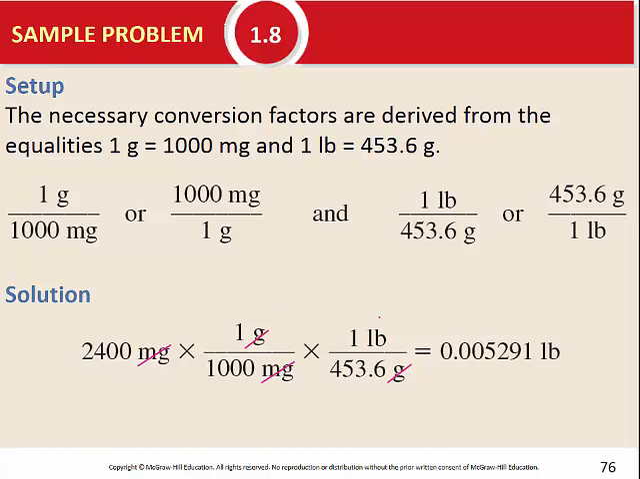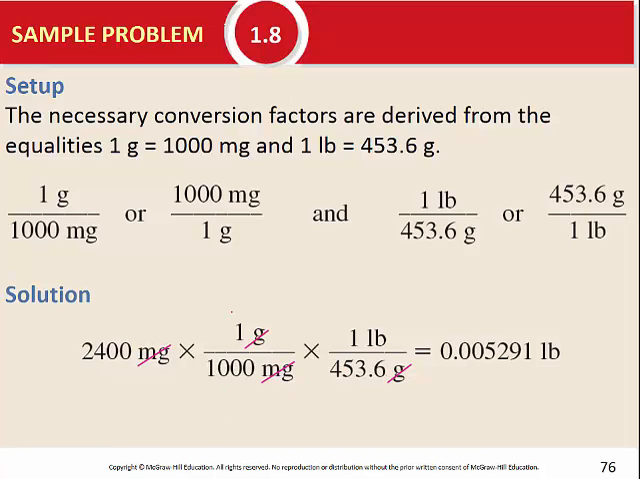Pounds on top, that's the unit we want to end up with. 1 pound, 453.6 grams. So now grams will cancel, I'll be left with pounds, which was the unit I wanted, so I can stop. Multiply by everything on the top, so 2,400 times 1 times 1. Divide by everything on the bottom. Divided by 1,000 and divided by